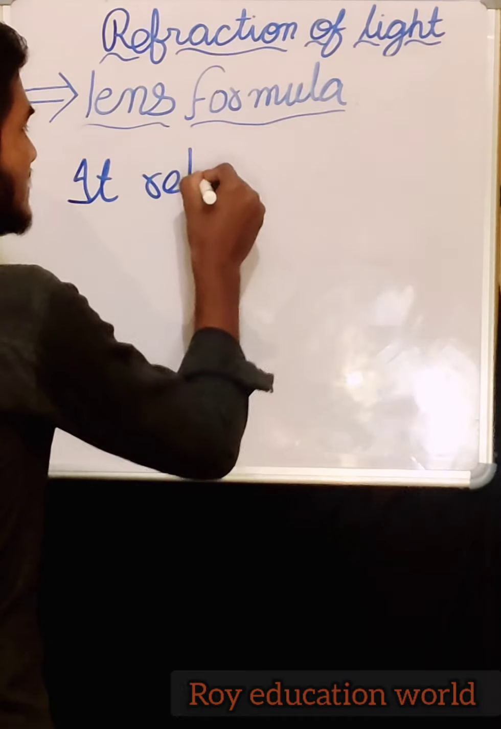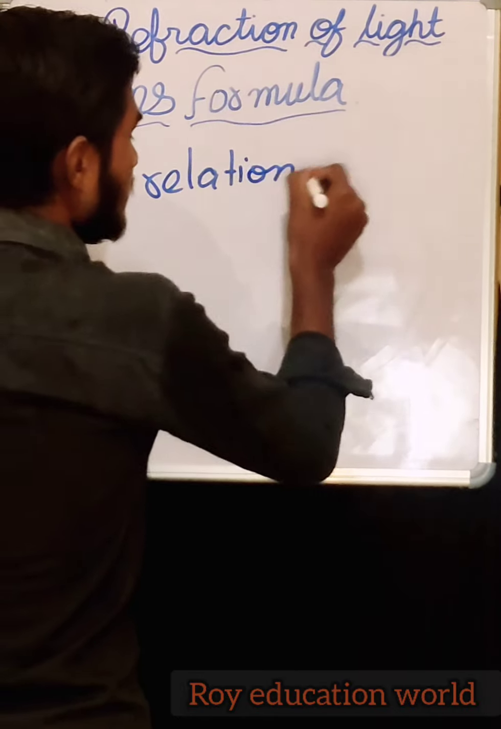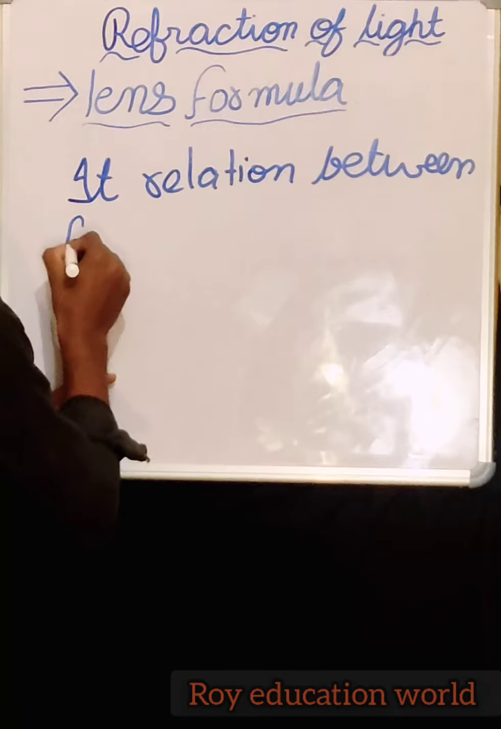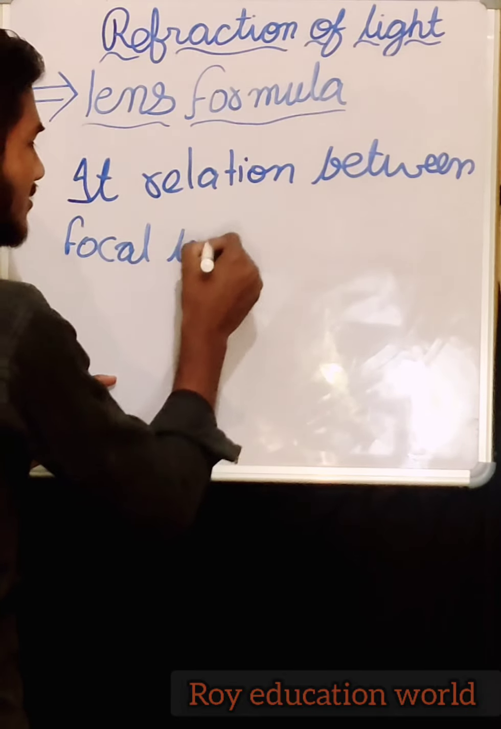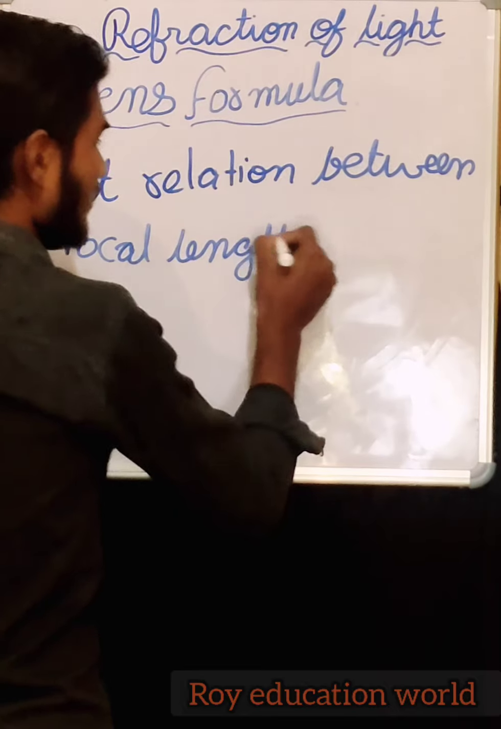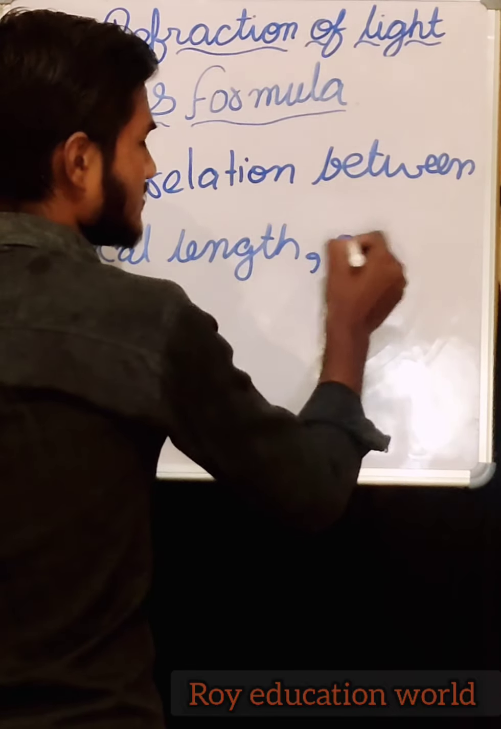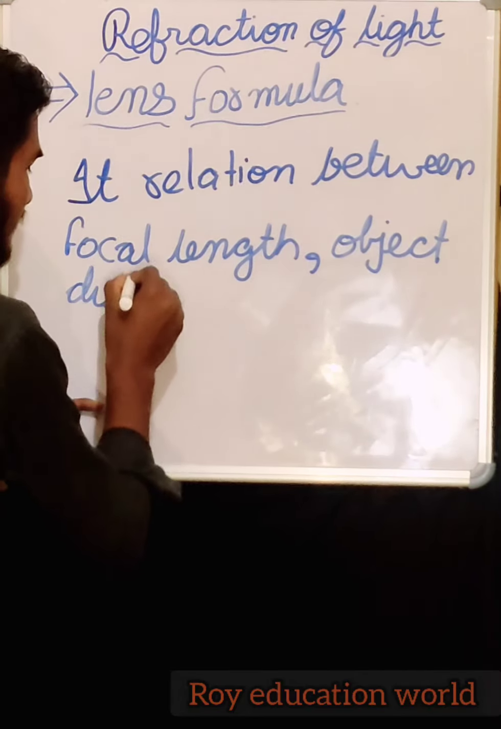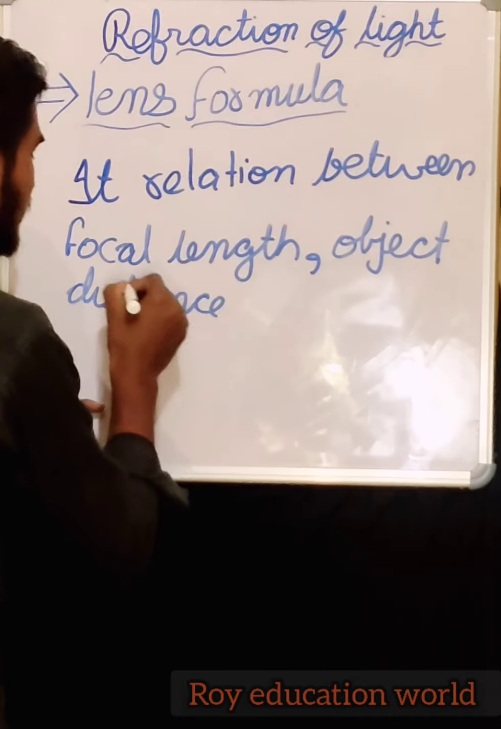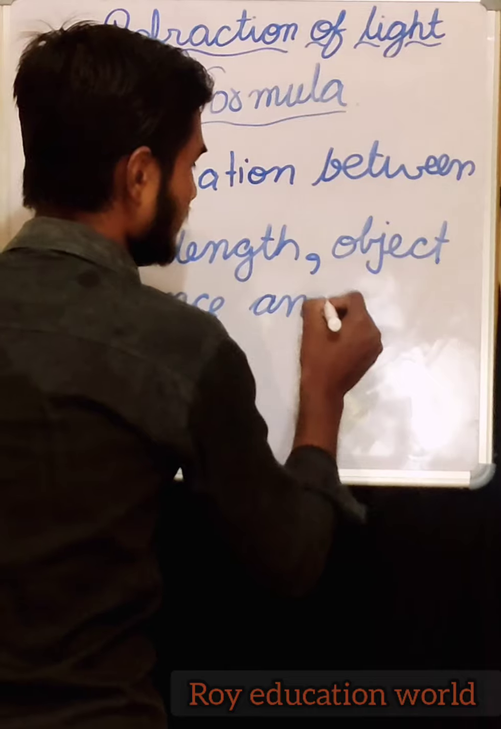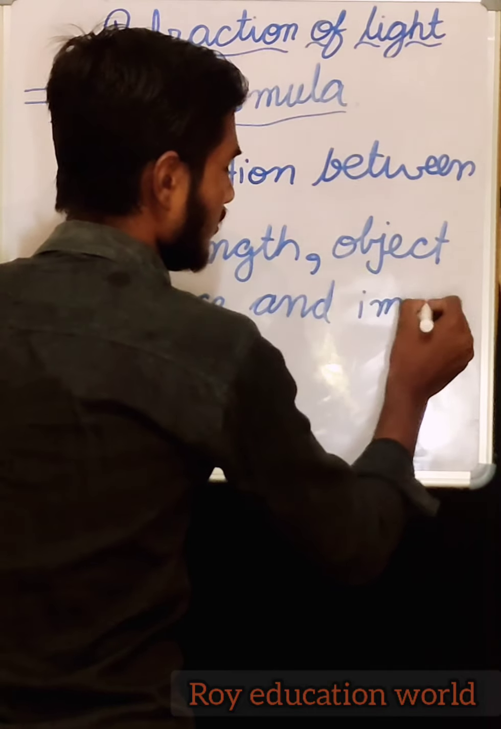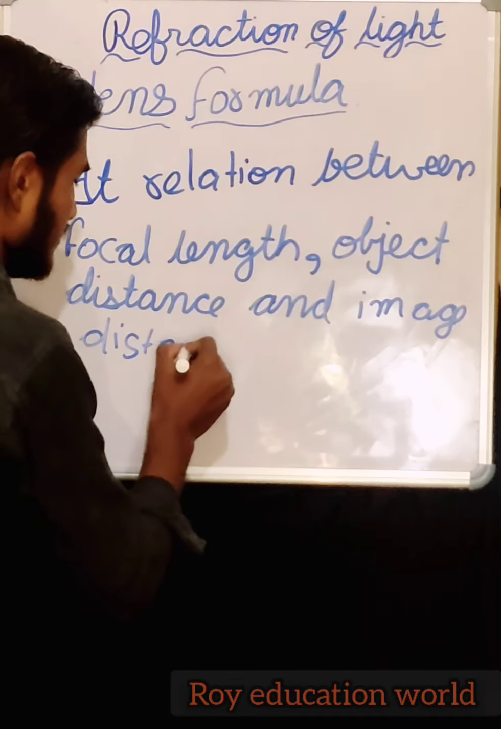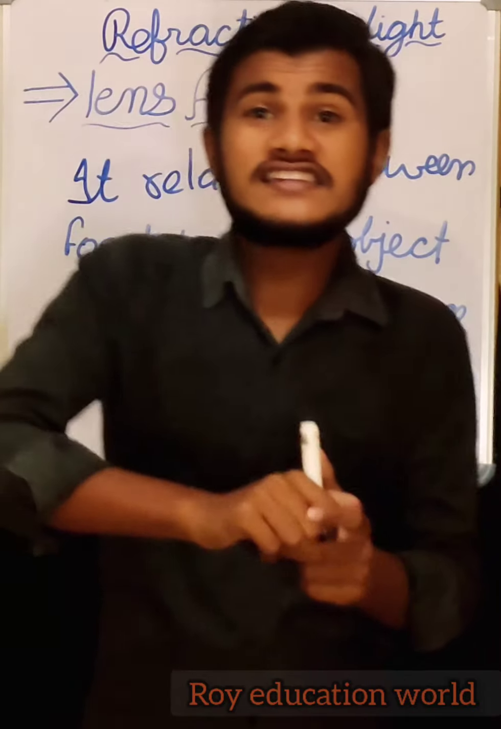Let us see. It is the relation between focal length, object distance and image distance. It is the relation between